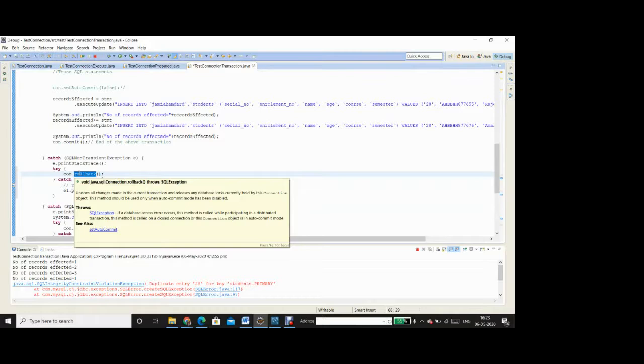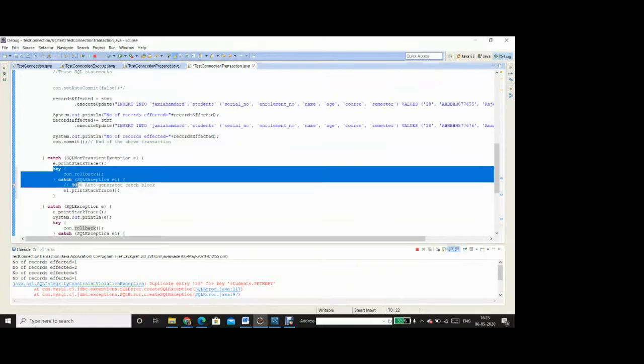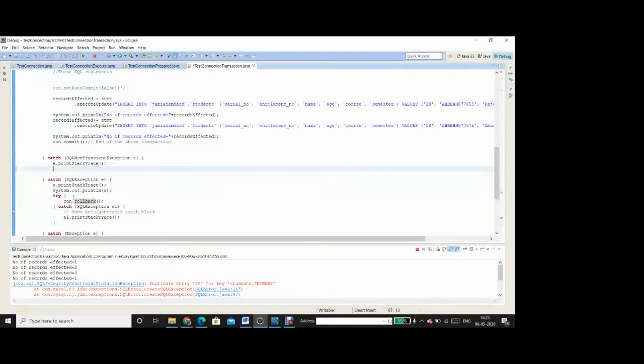So, as in my case, if this con dot rollback was not there, right? I put it after the execution of the program, right? So even though I have not written the rollback explicitly, the database server is still going to wait for the commit, and while it is not getting the commit instruction from the client side, it is not going to make the state permanent. So it is just as if it has implicitly rolled back.